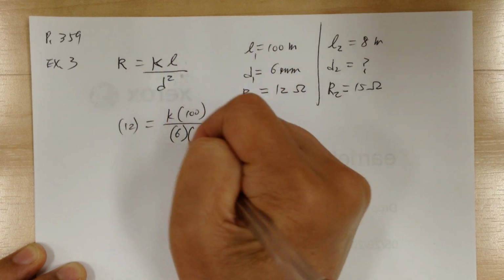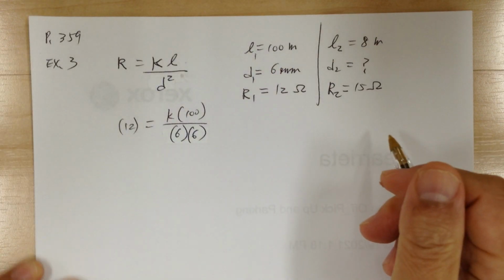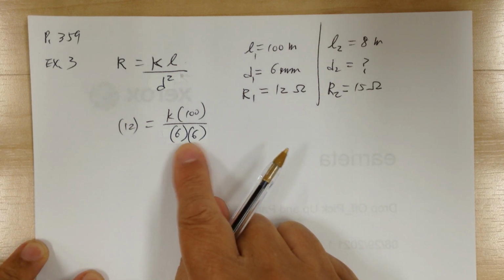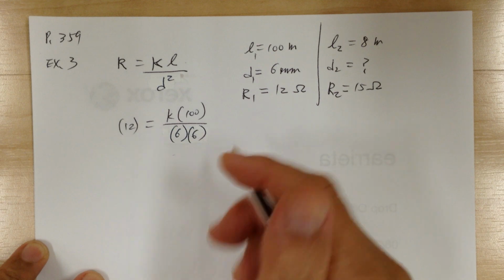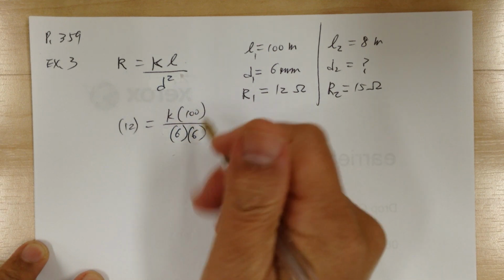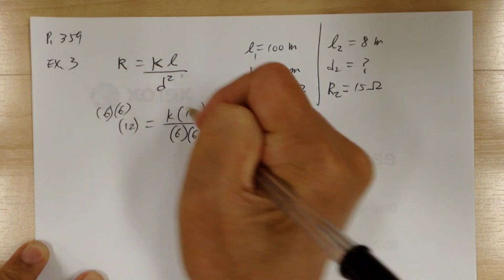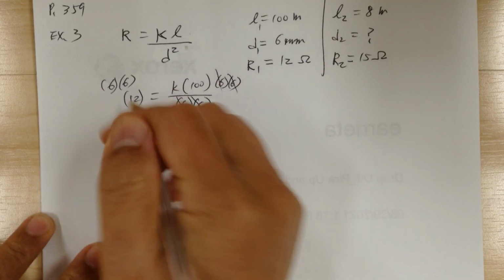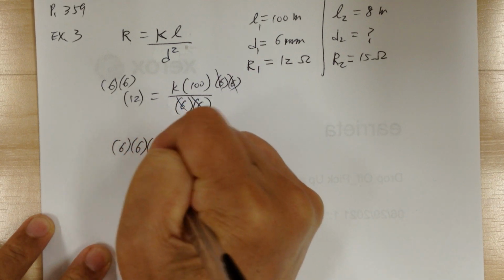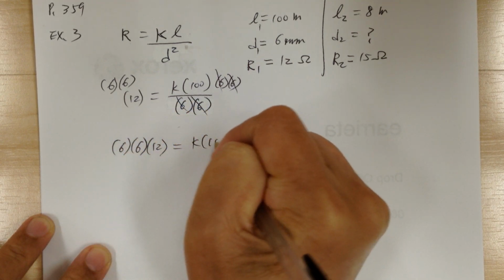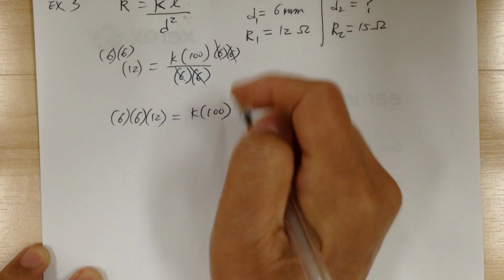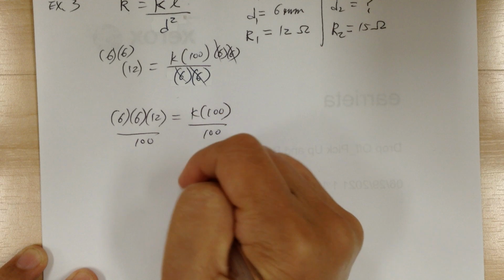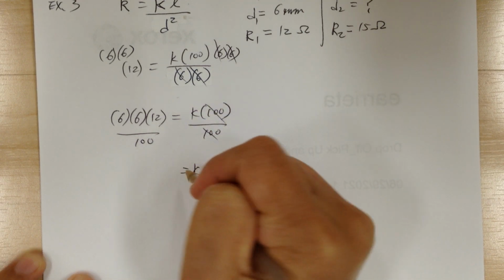And instead of square, I'm going to write out twice, so it's easier for me to move things around. So first, I'm going to get rid of the common denominator. So multiply by 6 and 6, so that this will cancel out. Again, don't multiply out yet. Then after that, I'm going to divide by 100. Divide by 100. So this will cancel out. So k equal to